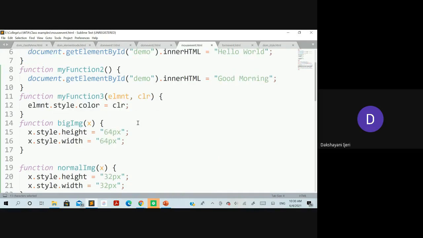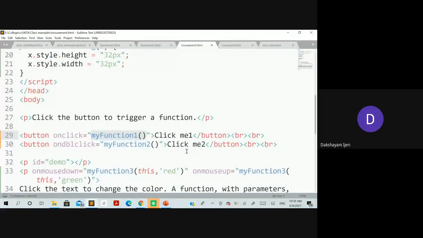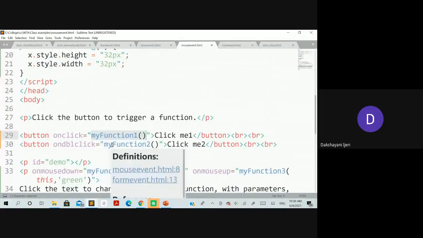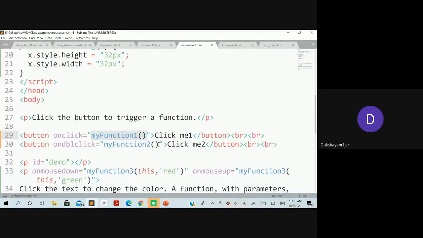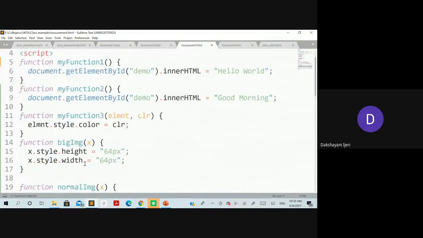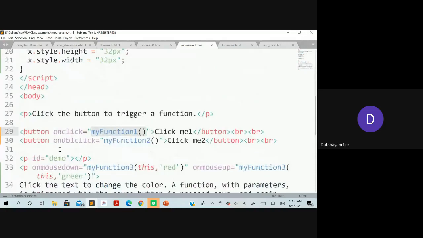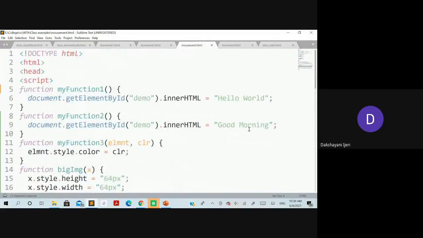So in that case, if you double click on this button, the function is going to be executed, and as the body of this function, it is going to insert "good morning" as content into this paragraph. Why this paragraph? You can see you have accessed the element which has the id "demo", and the element with the id "demo" is this paragraph. So this particular text is going to be inserted into it.